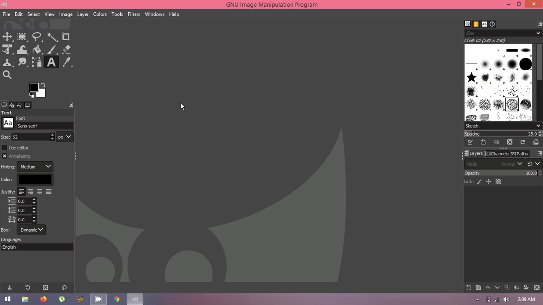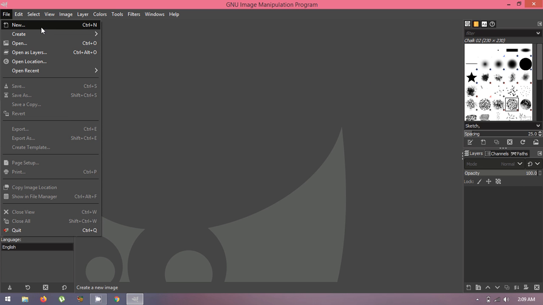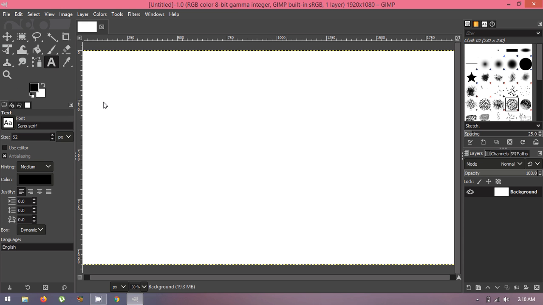So let's start. First we'll start with a simple painting or drawing in this, as we know that this can be used for simple drawing purposes as well. So first I start with File and choose the option New, and here I give the size for my image window, how much size you require. You can change it over here. You can specify width and height, how much width or how much height you want for your screen. Suppose I want to go with this only, so I just keep it like that and click on OK. So now this is your drawing window having the width and height that I have set for it.